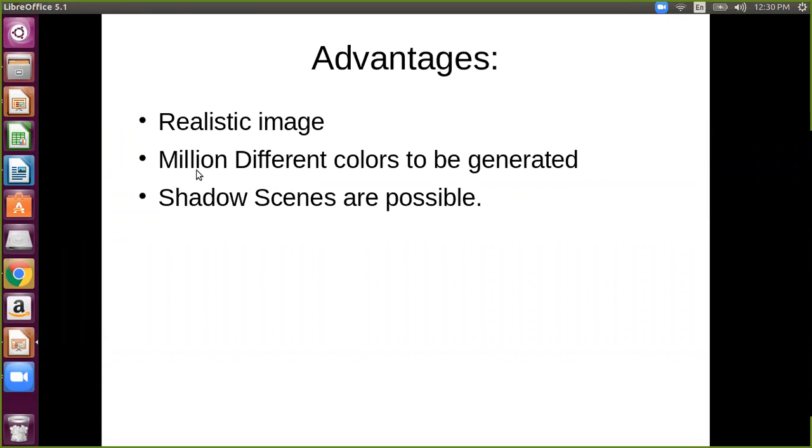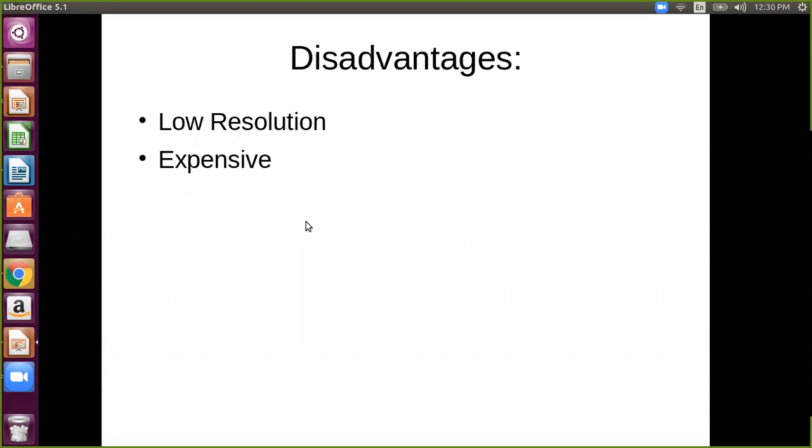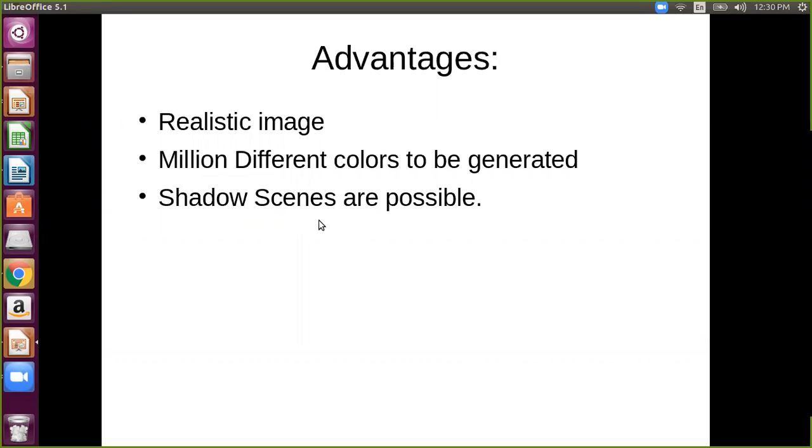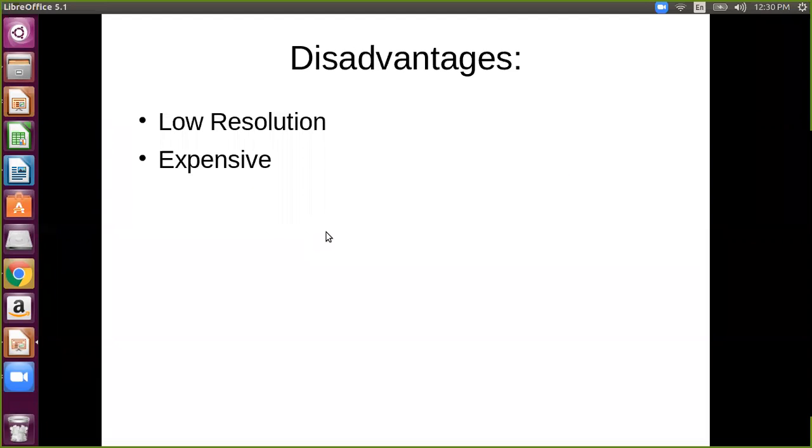A million different colors can be generated; this is possible in raster scan. Overall we can say realistic images can be seen in raster scan display rather than random.